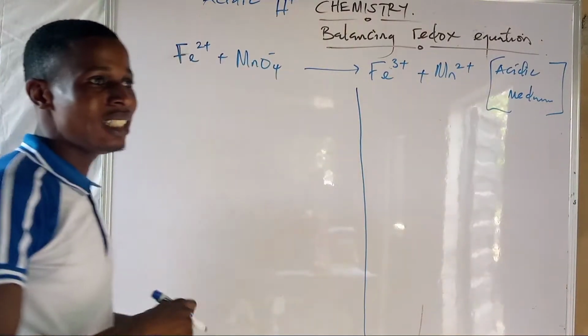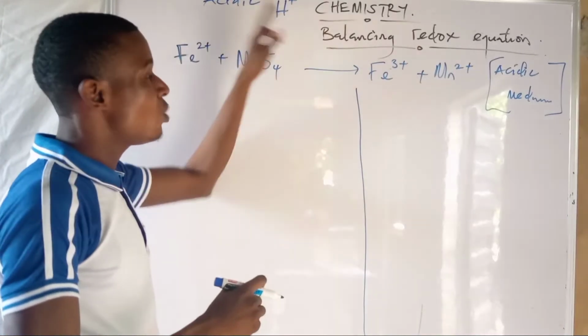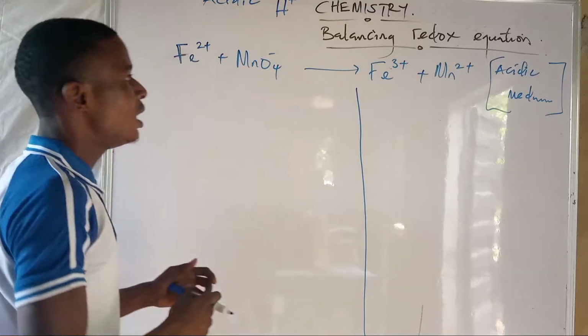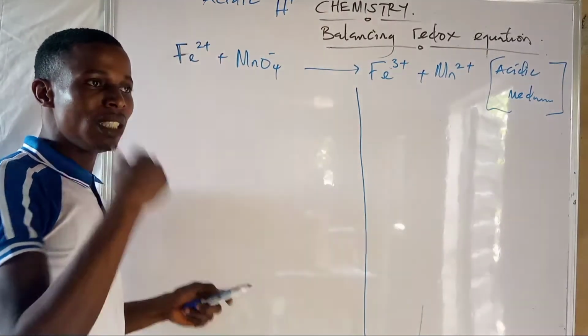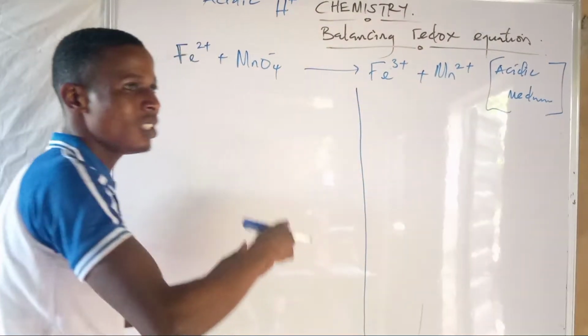presence of hydrogen ion, proton. That's the meaning of acidic. So this is what will be applied here. Just listen and follow the way I will be balancing the redox reaction, like we balanced the neutral one. Make sure you identify the half cathodic reaction and